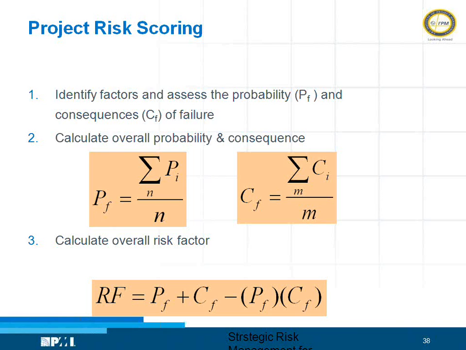For those of you who are familiar with set theory, you will know the minus sign comes because of the intersection of the two events which are happening in the environment. There are so many organizations which do not consider the negative factor. They just take the total probability as well as the consequences. That means the risk is amplified as a higher risk. So the project risk analysis and management typically assumes that the risk management